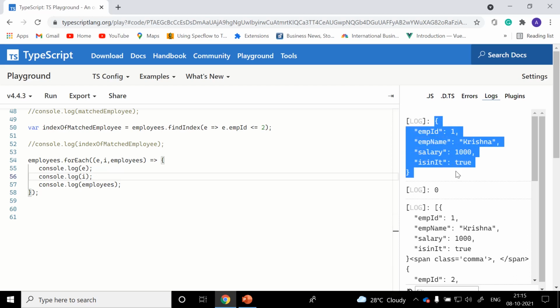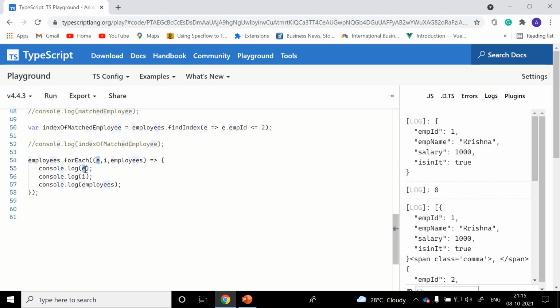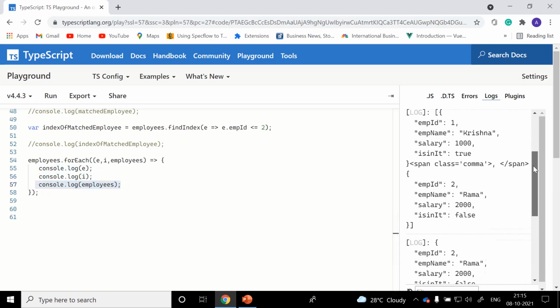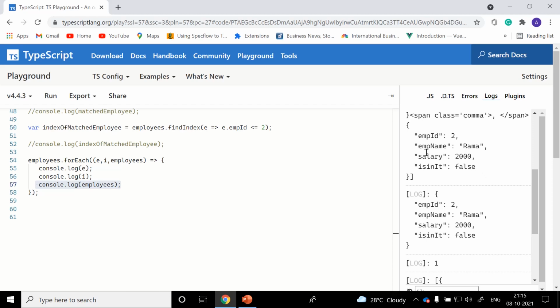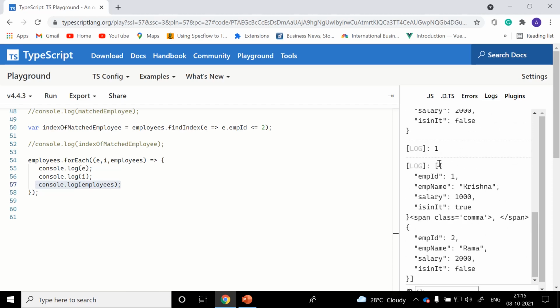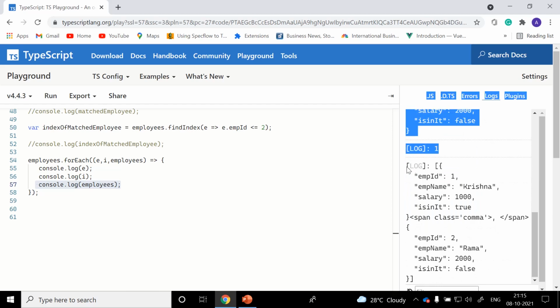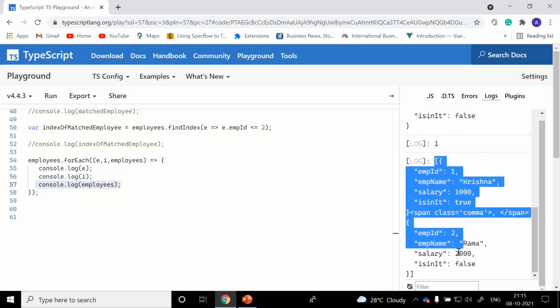The first log clearly tells us the first employee. The second log is the index of that employee. The third log will show us the list of employees present. The same will continue: the employee object, the index and the list of employees.